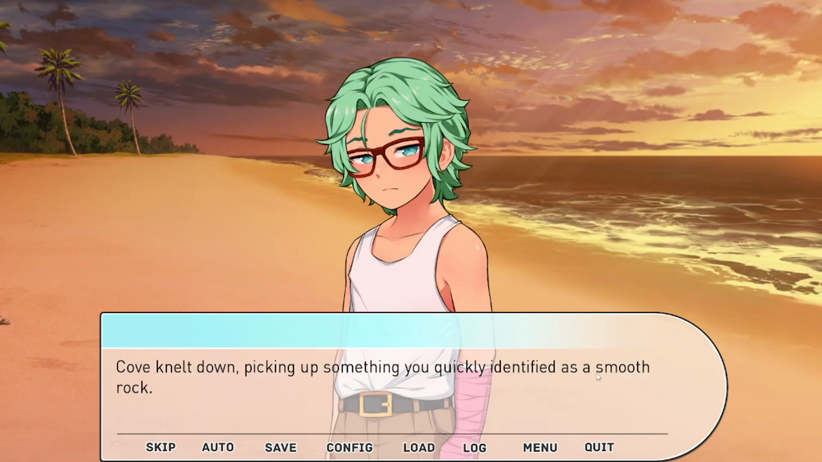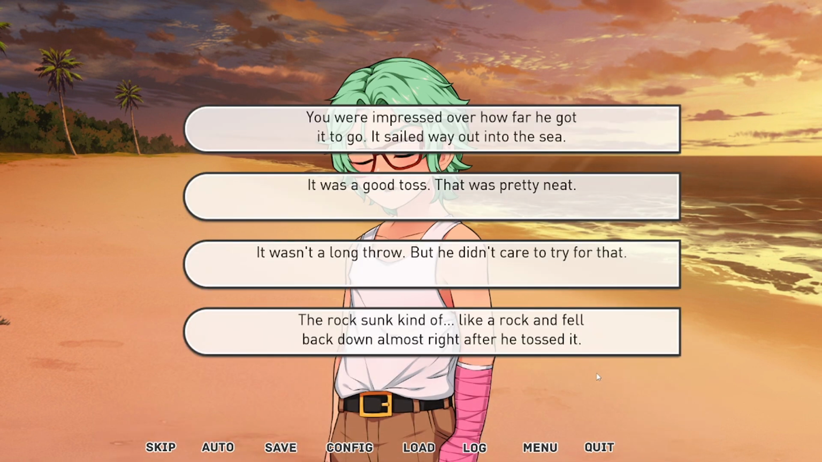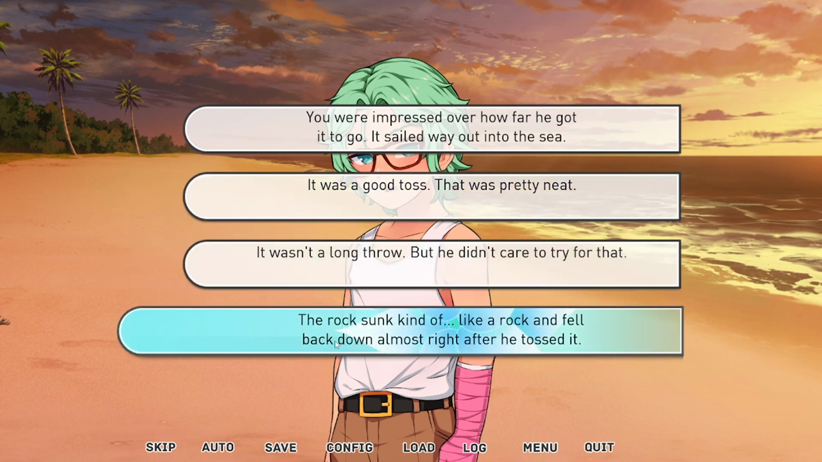Cove knelt down, picking up something he quickly identified as a smooth rock. He reared his arm back and then tossed it out into the water. Impressed over how far he got it to go and say it was a good toss. That was pretty neat. It wasn't a long throw, but he didn't care to try for that. The rock sunk kind of like a rock and fell back down almost right